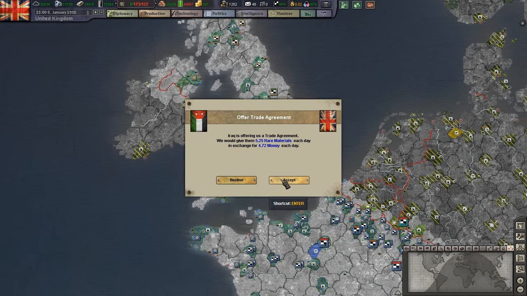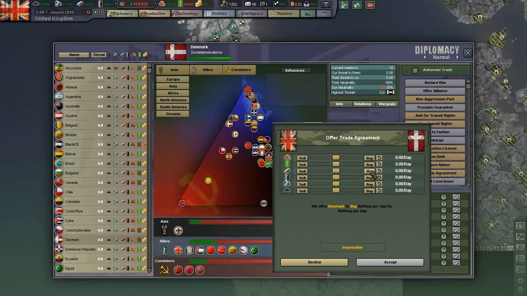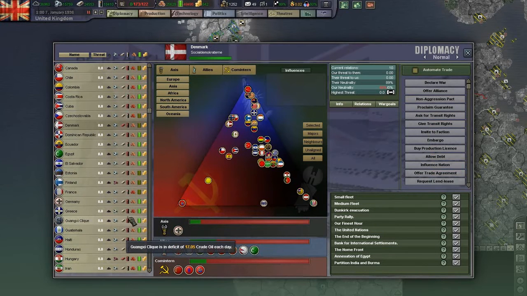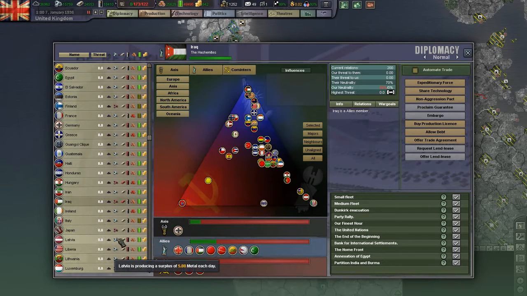Okay, we'll give you rare materials. Okay, and mentioning that, let's go down. Possible sales here. Okay, Denmark. Rare materials. Gotta get used to these new icons. I like them well enough, but just new to me. No, I just need one. Okay. They've just bought